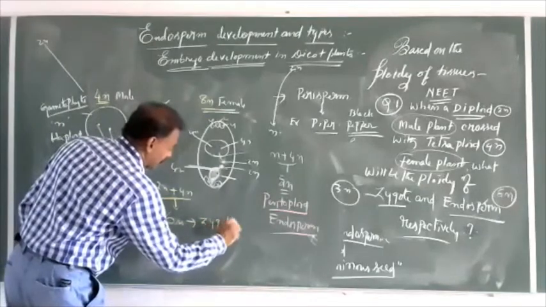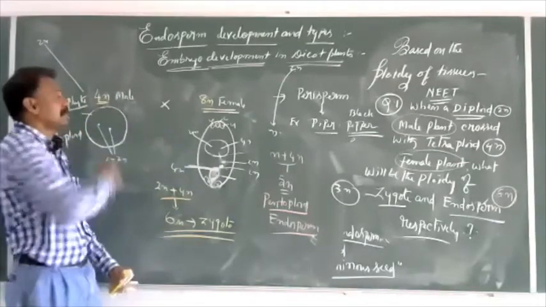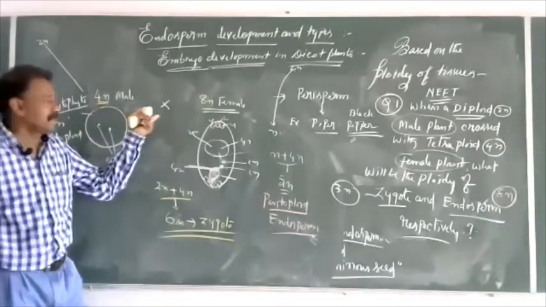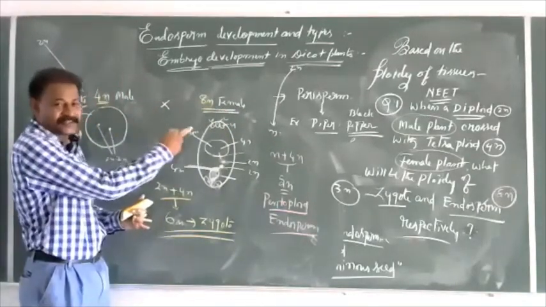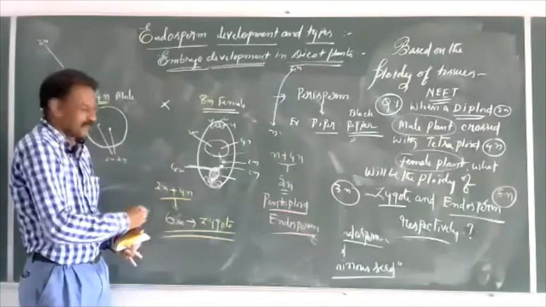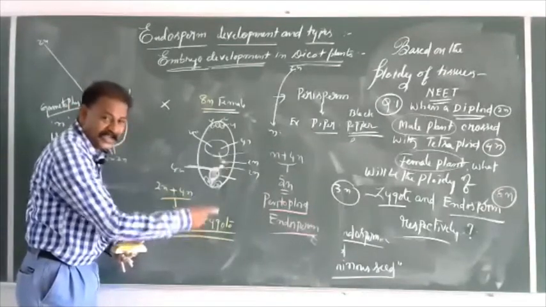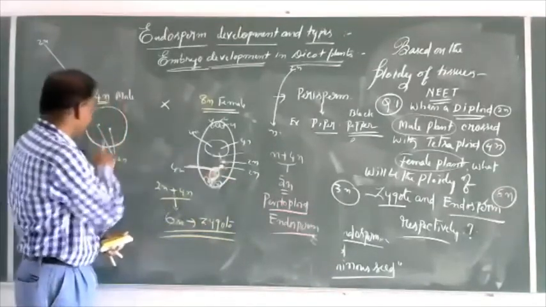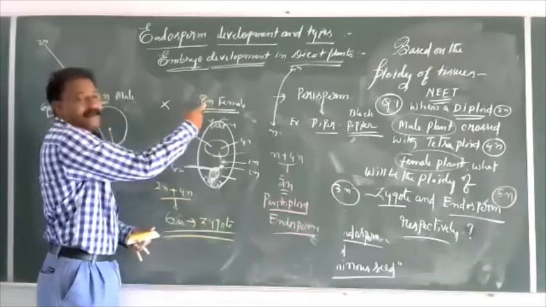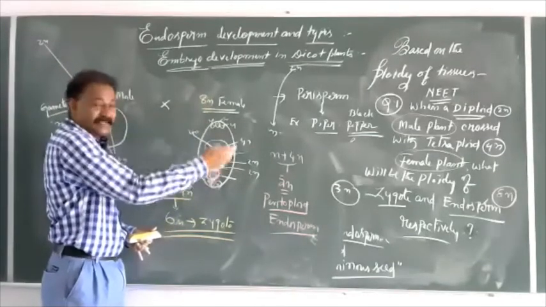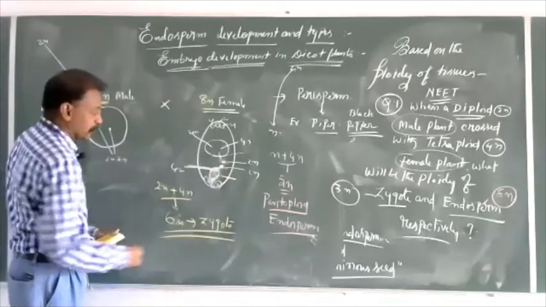The zygote that develops after fertilization between two plants, a tetraploid male plant and an octaploid female plant, when it undergoes fusion or fertilization, fertilization results in the formation of the zygote always. That zygote's ploidy is 2n of the male and 4n of the female. Why is it 4n? Because the plant is octaploid, so the gamete is half. In 8n, half is 4n. 4n plus 2n, 6n is the zygote.